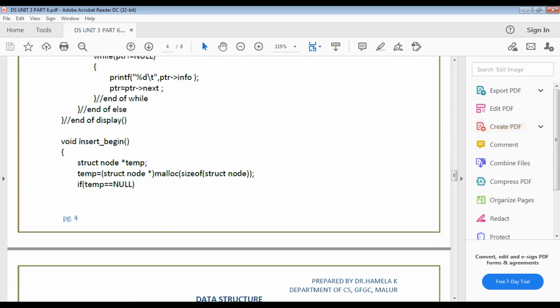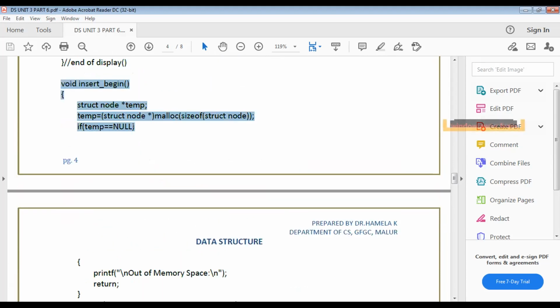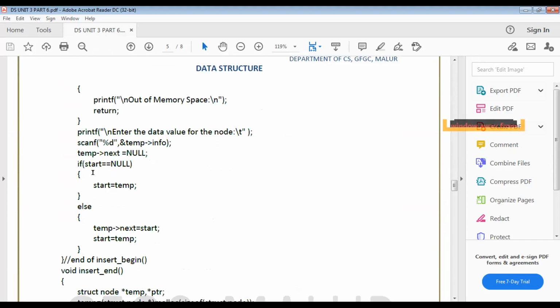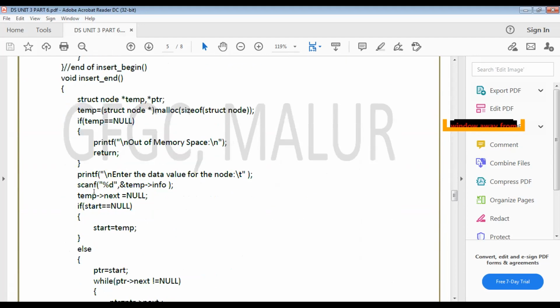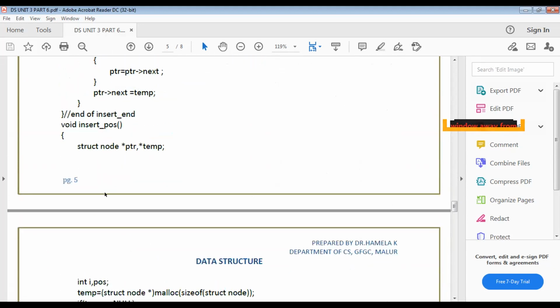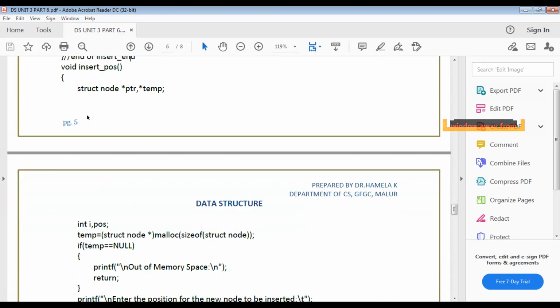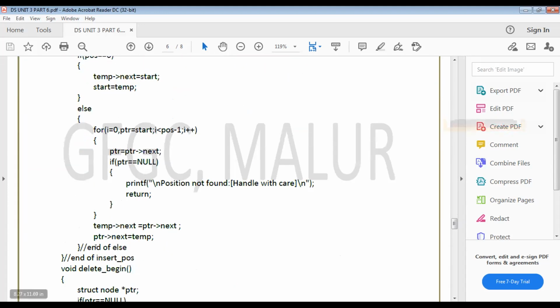But when it comes to insert beginning, see, void insert, start from here and write only till here. That's all. For insert end, from here alone you will study until here and finish. For insert at a given position, I think this was the question asked, you will select void insert position and write only up to the end of insert position.